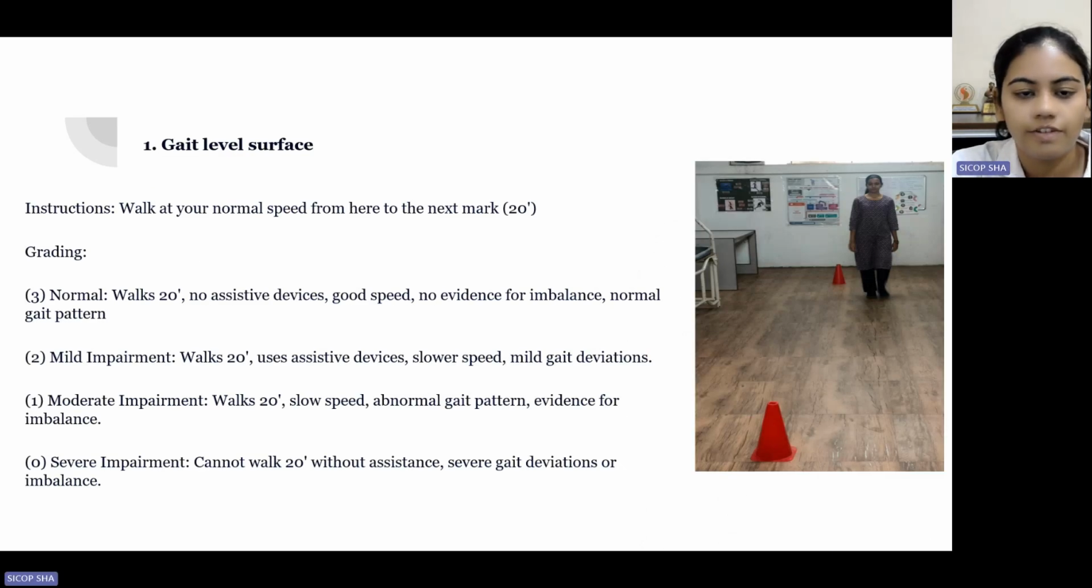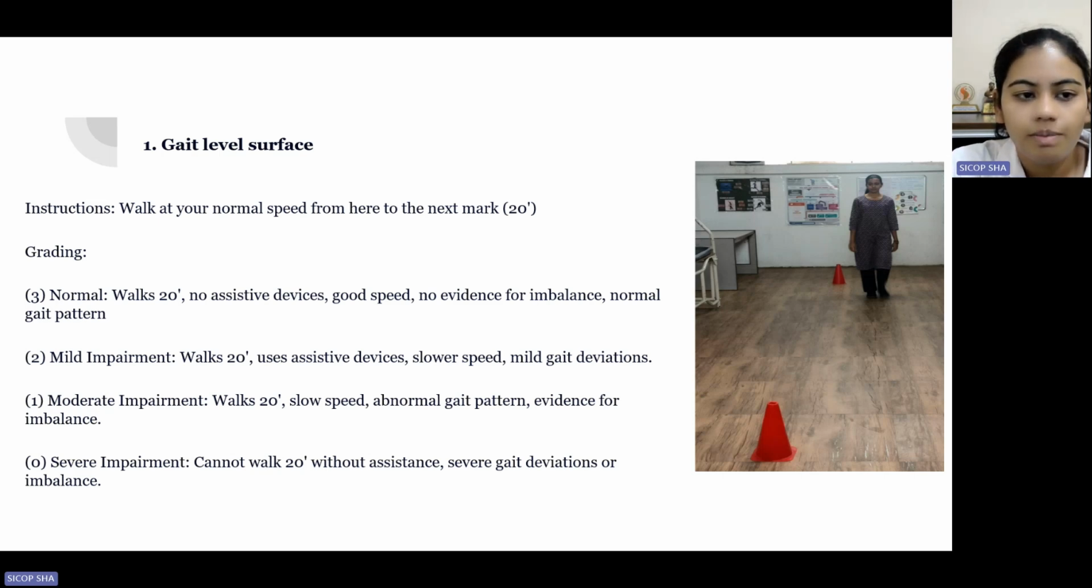So first is gait on level surface. After taking the consent of the model, the image has been put. Firstly, the instruction that has been given is to walk at normal speed from here to the next mark, that is 20